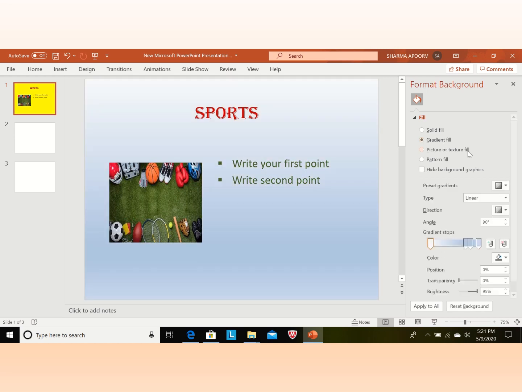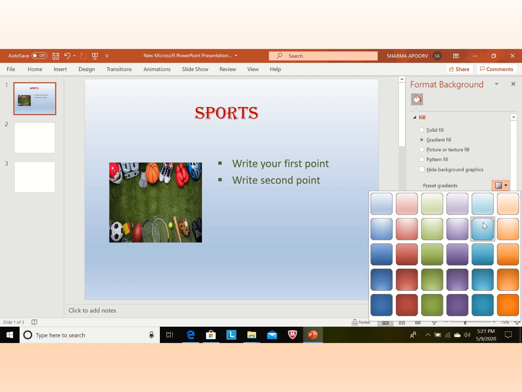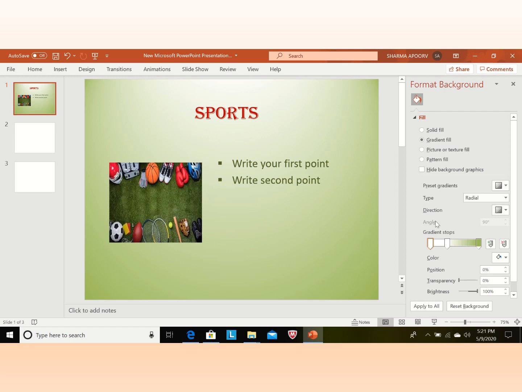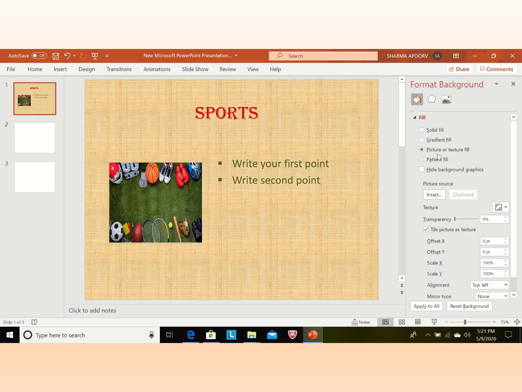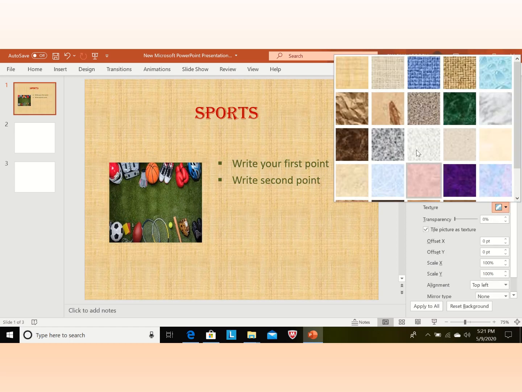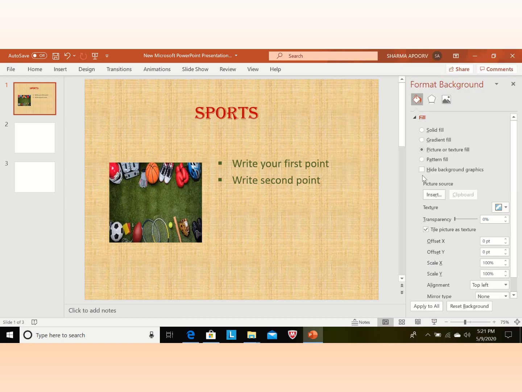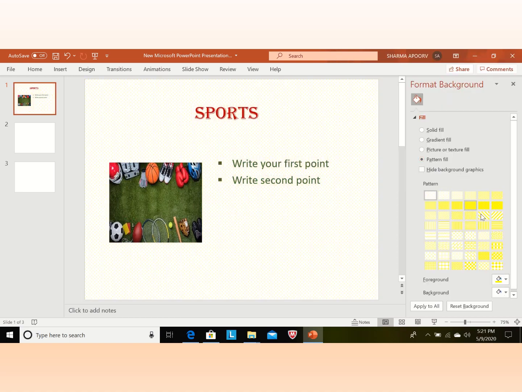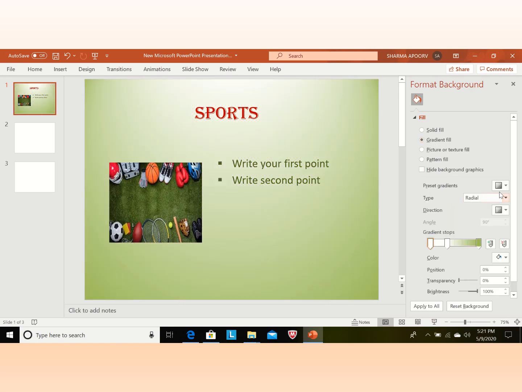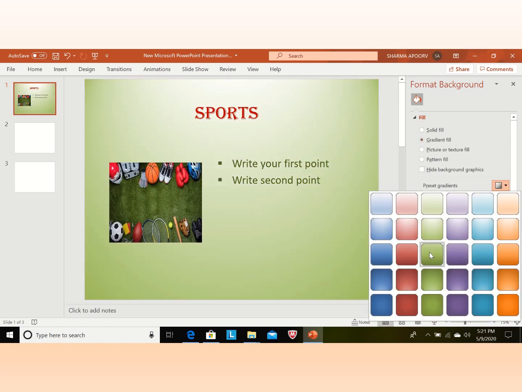And if we use this, then this is a mixture of 2 colors. Then it will display like this. These are different types of backgrounds we can select from here. Pattern fill we can select from here. So we are selecting this background.